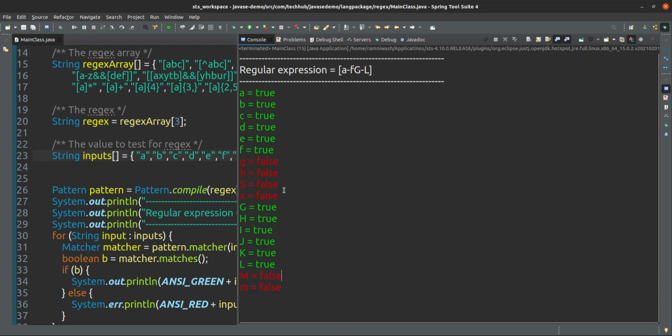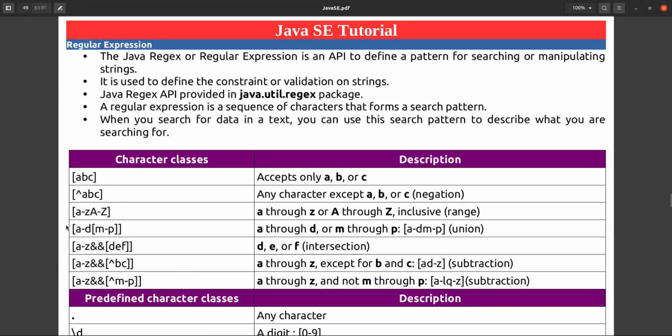So it is discarding M, G, H, S, X, as they are not within the range of a to f or G to L. Upper it will accept from G to L only, and lower it will accept only a to f, others it will discard. So this is the meaning of the range here, a through z or A through Z, an inclusive range. Inclusive means it will include a and z also.